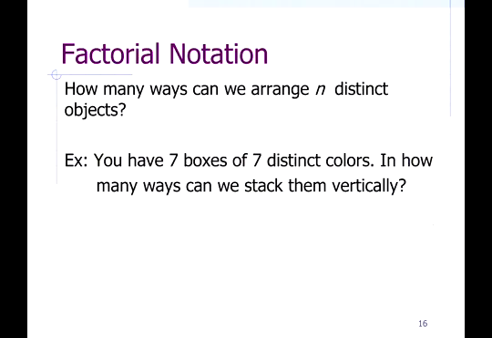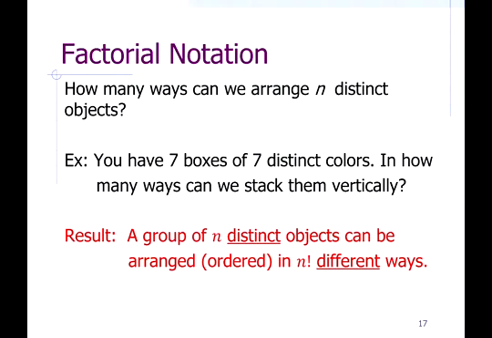And the big result here is the number of ways to arrange n distinct objects. So in this case we have 7 boxes of 7 distinct different colors, and how many different ways can we stack them vertically? There's no difference here. It doesn't matter if we're talking about boxes or people, it's the same thing. As long as it's 7 different items, like before we had 5 different people, this time 7 different boxes, it makes no difference. So by the same logic as before, you have 7 options to pick the first box, then 6 options left to pick the second box, and 5 options left to pick the third box. So it's no surprise, it should be